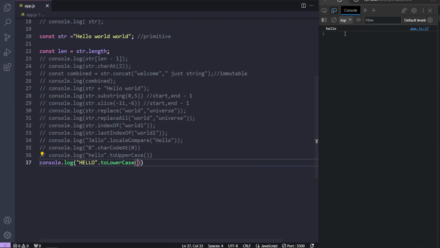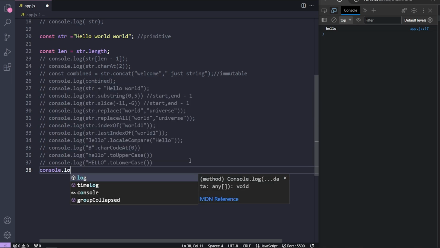Okay, now we'll run the program. We got hello in all letters in small case. Okay. Next we have trim method that will simply remove the white space from the beginning or end of the